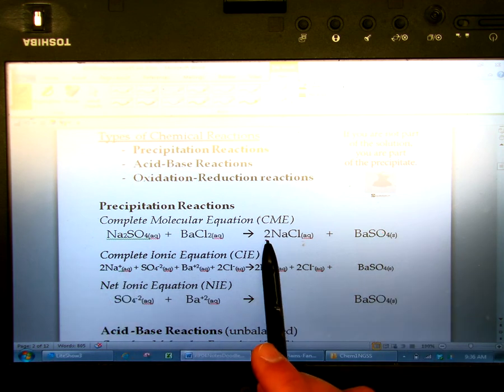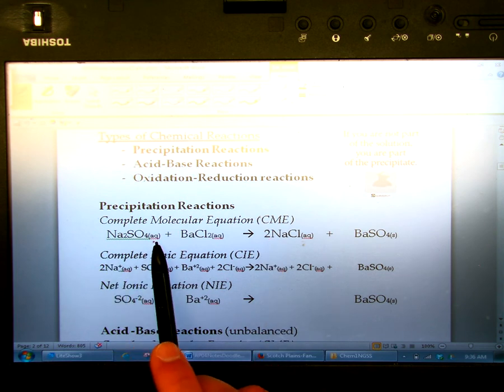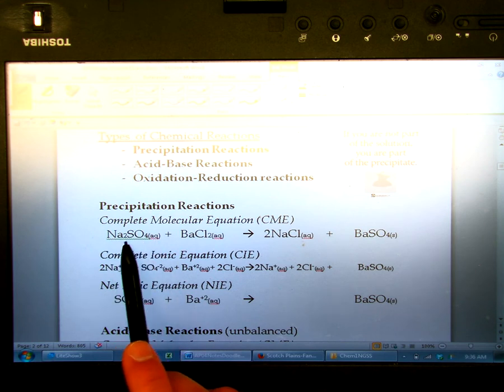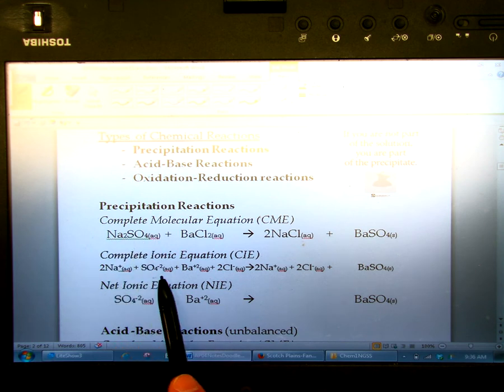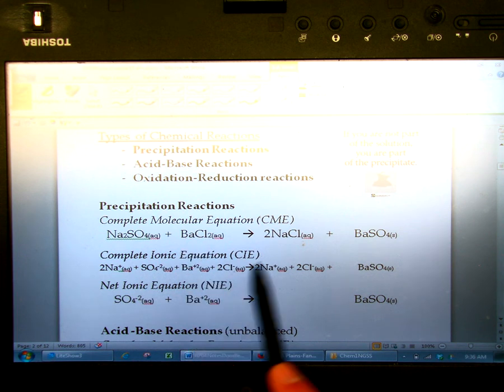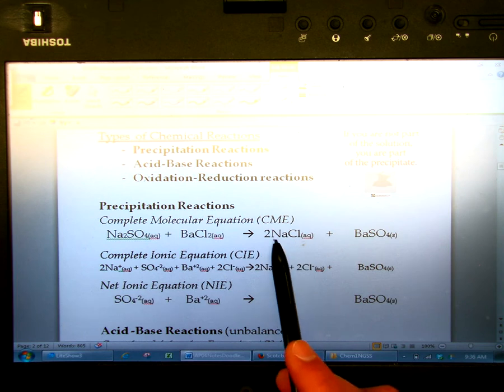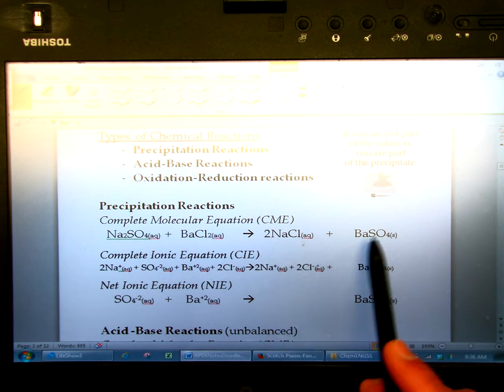So there's a 2 in front of the sodium chloride. And then what we're going to do is break it up into ions. Any aqueous thing is going to break up into ions, and you just have to count how many there are. So if this is Na2SO4, there are 2 sodium ions right here and 1 sulfate ion right here. Barium chloride is going to have 1 barium right there and 2 chlorides right there. 2 sodium chlorides means you have 2 sodiums total and 2 chlorides total, and then 1 barium sulfate is going